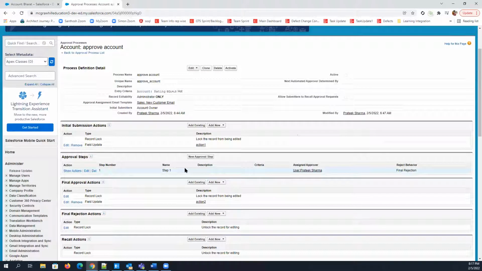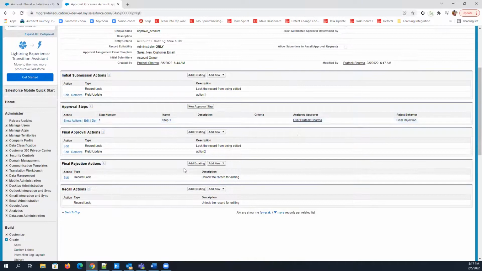So Pratik, I have one question. Basically, the person who will approve our actions depends upon the hierarchy of the organization, right? The user should be in your org, in your Salesforce, right? Then only he or she can approve. So we have selected who will approve. This is the assigned approver for all of your account records. So every time you submit an account record for approval, only this user will approve all of your records.